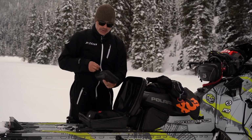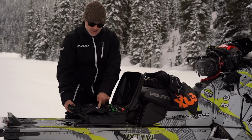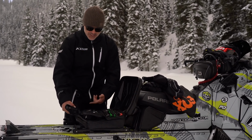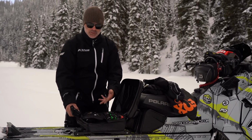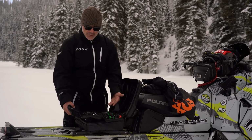And so, the necessary tools that I carry: various Allens, various torque sets, a crescent wrench, which is basically a wrench for everything, and a couple of sockets. A couple of torque setups over here are specific to the sled so that I can change spark plugs and tighten most things. I've got a Phillips and a flathead. I do carry a multi-tool in another part of the bags that we'll talk about, but it's a pretty basic toolkit,